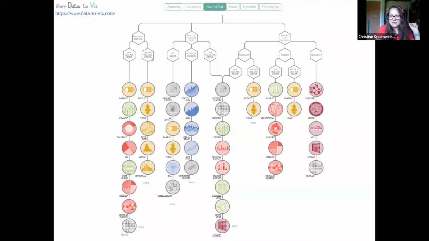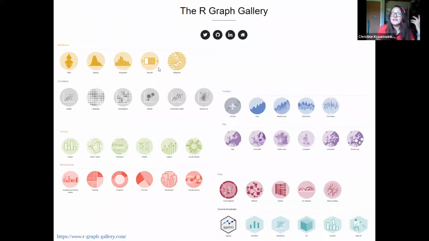That's why I've given you the website. You can see what's appropriate for your own work. And then another really useful resource is the R Graph Gallery, where you can also go look at the different types of plots you can do, so that you get distribution plots, which is like your violin plot. We'll do a violin plot in this class later. I don't know if anyone's heard of a violin plot. You can let me know in the chat.